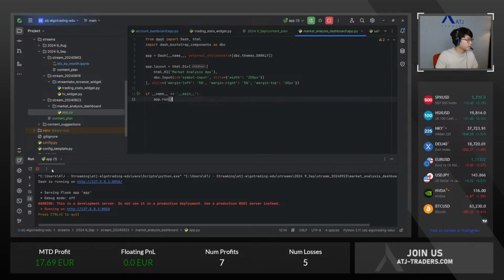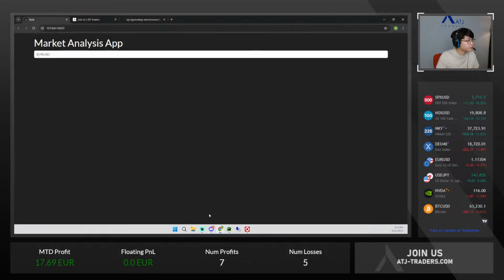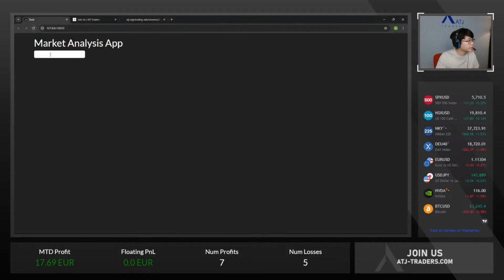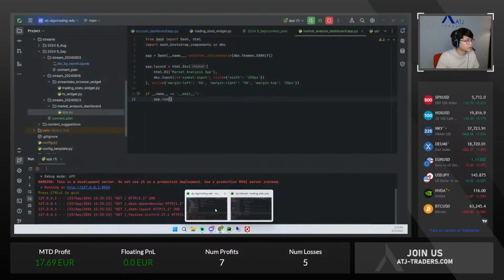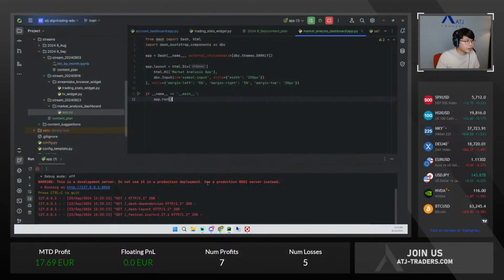The width I tried to update to 250 pixels. So again, let's refresh, and now this input is a bit smaller. So this is made for the symbol input. All right,